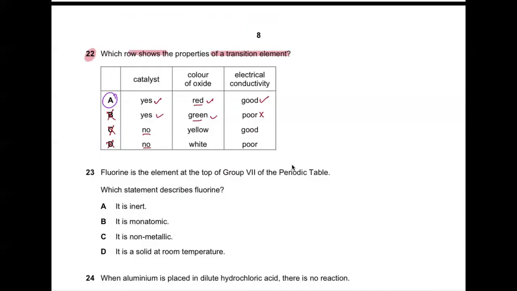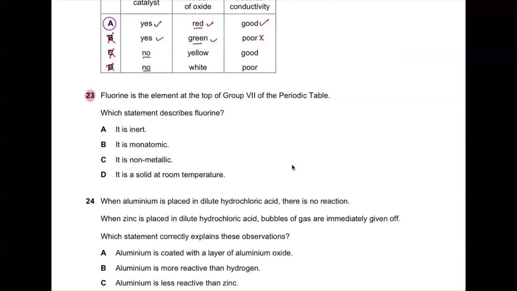Now, MCQ number 23. Fluorine is the element at the top of group 7 of the periodic table. Which statement describes fluorine? So if it's the top, fluorine, then we have chlorine, then bromine, then iodine, and then astatine. So as we move down,